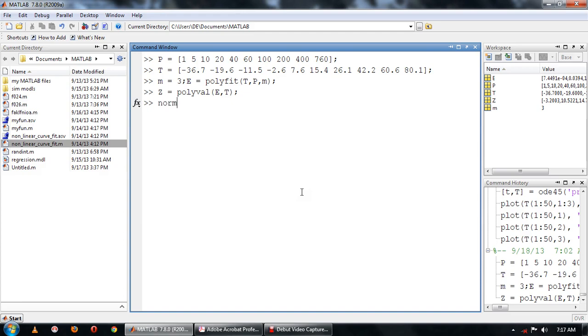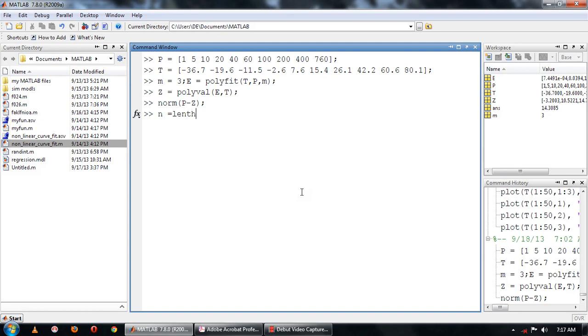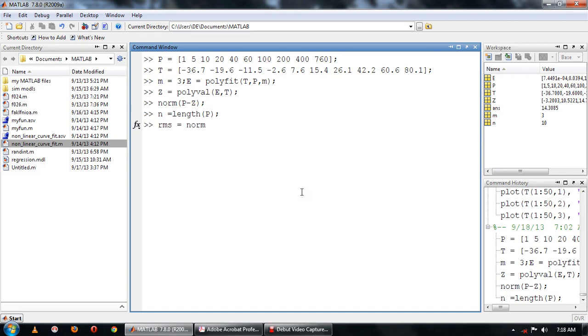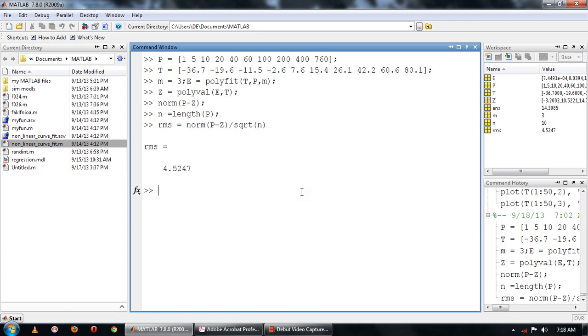Now we'll compare the Z value, that is the calculated value, with the experimental value which has been listed in P. So we'll use norm of P minus capital Z. Then we calculate the total number of variables in P, so n equals length of P, that is done. Now we write RMS. RMS will be norm of P minus capital Z divided by square root of n, done, and enter. So the RMS comes out to be